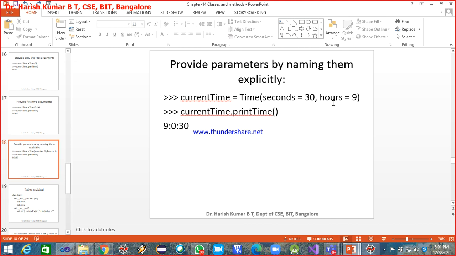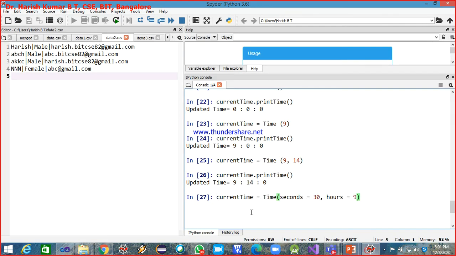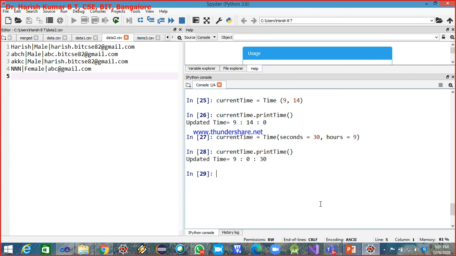So seconds will take the value 30, hours will take the value 9, and minutes is going to receive the value 0. Okay. Now I print it. So 9, 0 and 30.